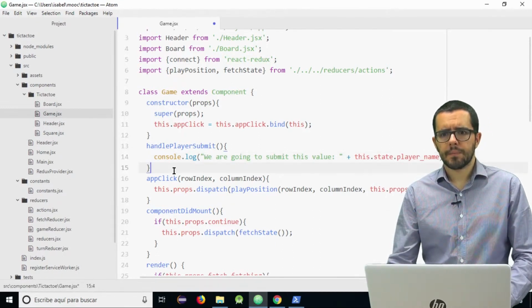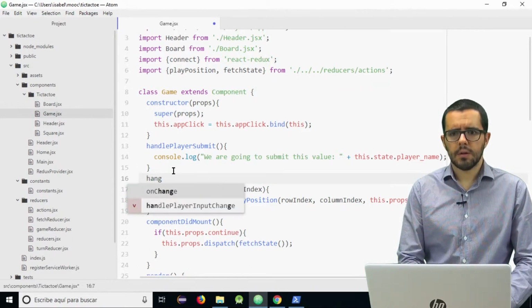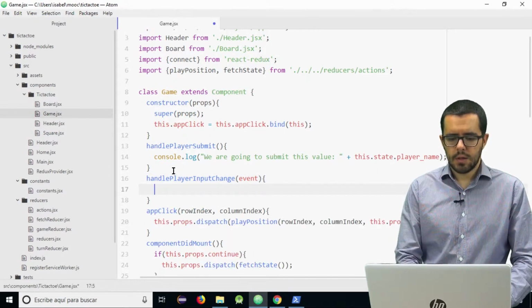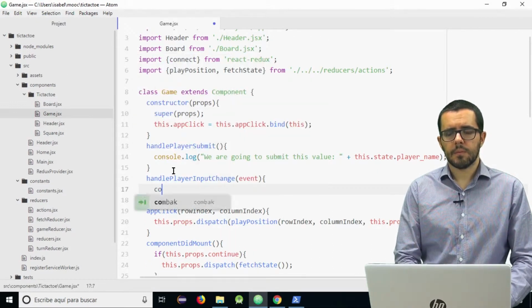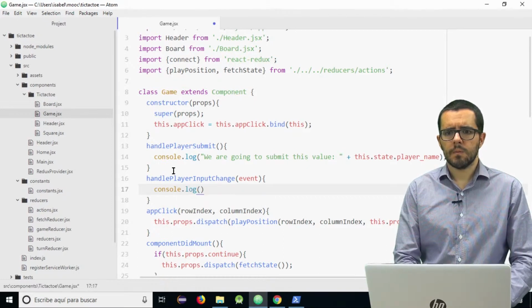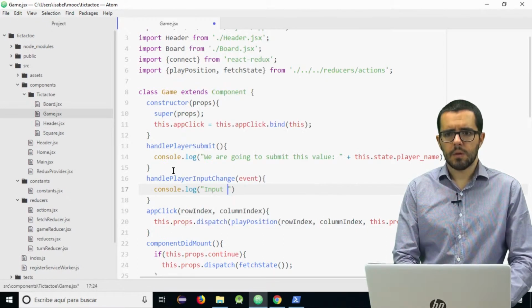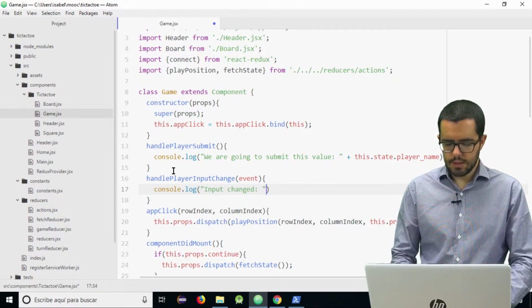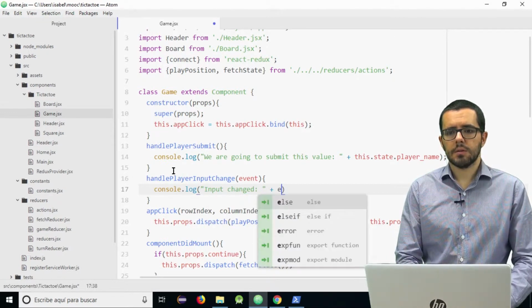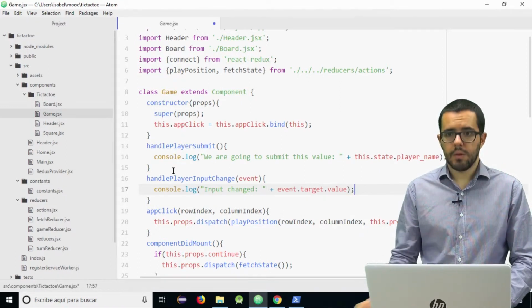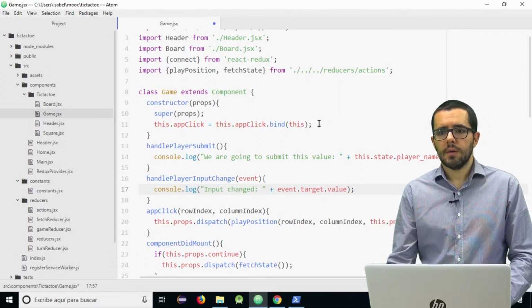And the second method, handle player input change, receives an event, of course, and we just add another log with the event.